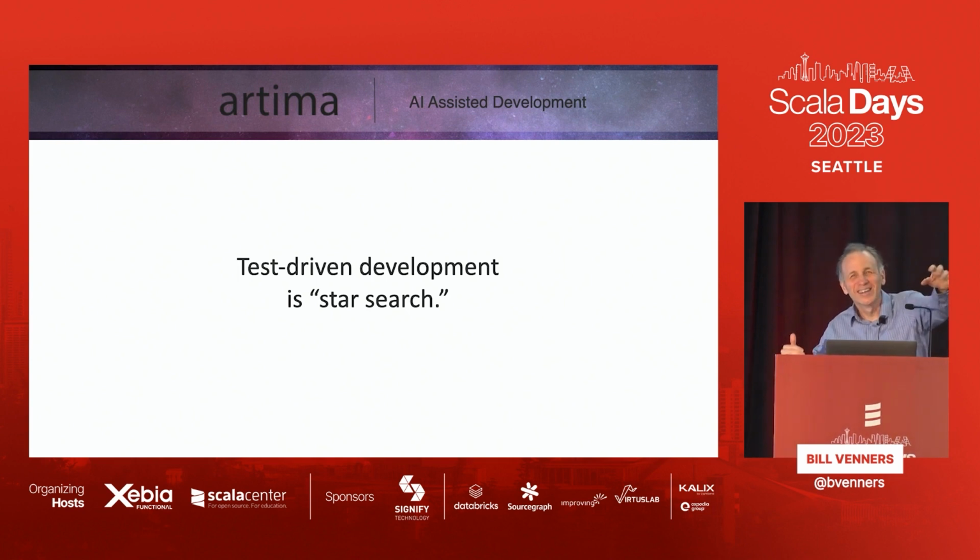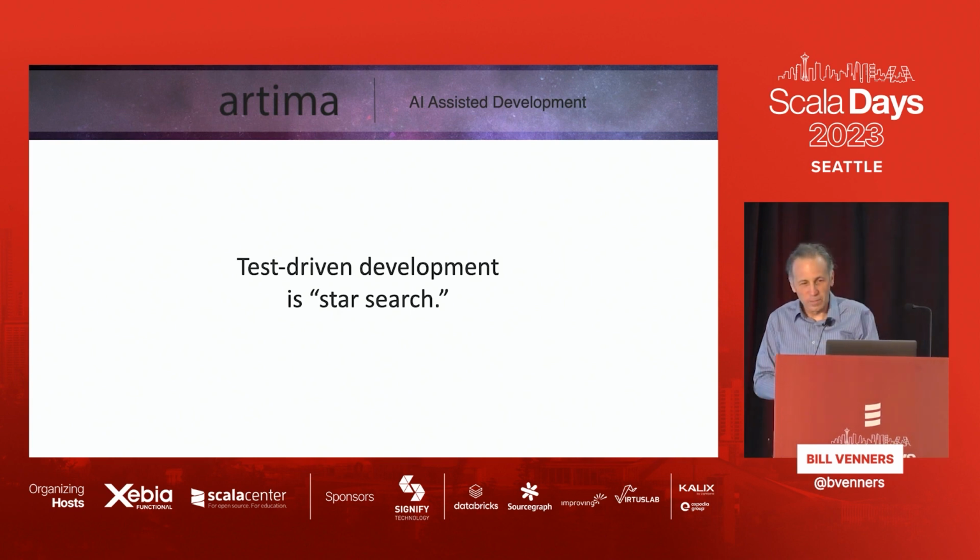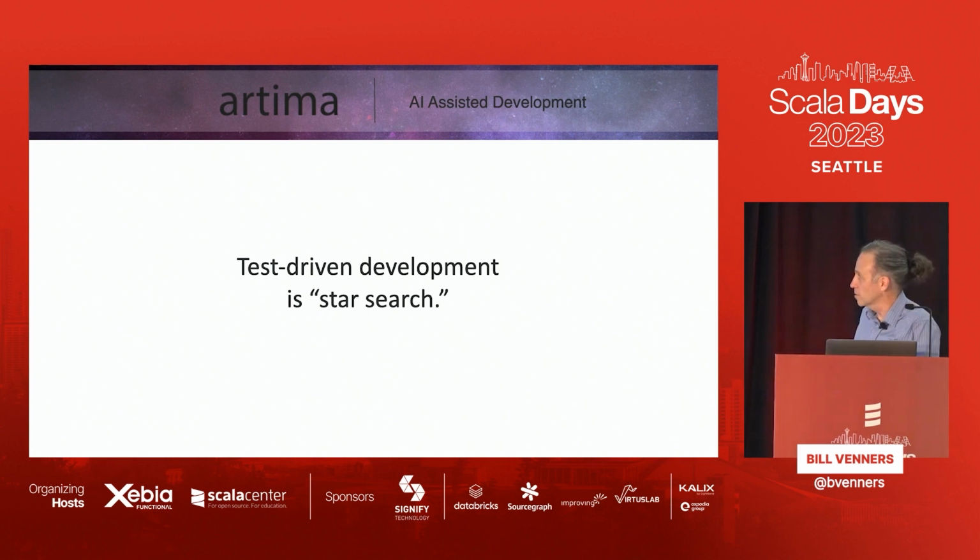Hopefully it doesn't crash. But basically I'm hopping from star to star, kind of like machine learning, right? And eventually I hope that by the time I get to where I actually have to implement the thing, I have learned to understand the problem domain a little better by going through this process. That's the hope of TDD. So I am training a neural network, but I'm training my own. In other words, I'm learning as I go, hop, hop, hop, hop. So I thought machine learning is a little bit like the same process.